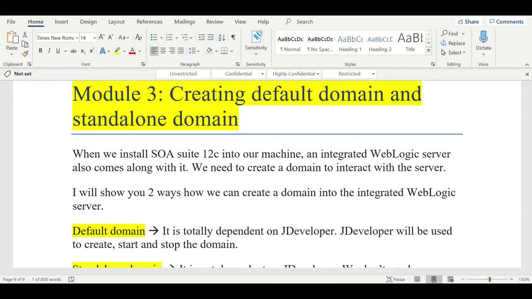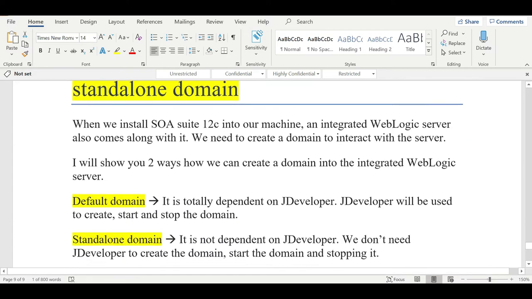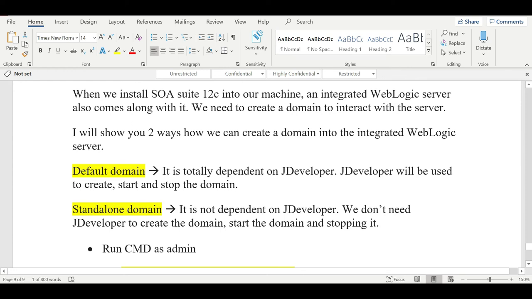There are two types of domains we can create. The first one is the default domain, and the second one is the standalone domain. To create a default domain, we need to depend on JDeveloper. JDeveloper gives you the advantage to create the default domain and control it from there, meaning to start the server instance and stop it. It is entirely dependent on JDeveloper.